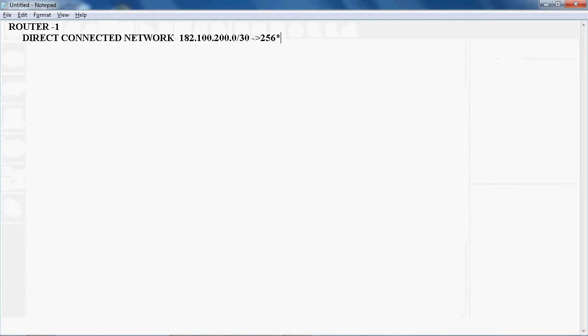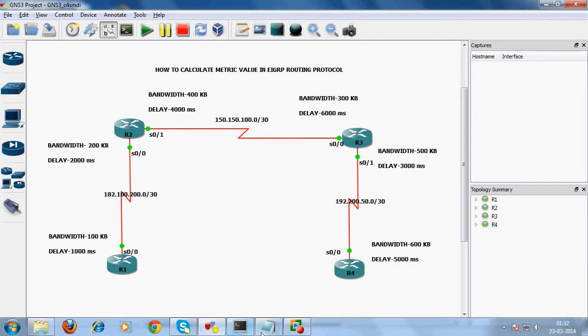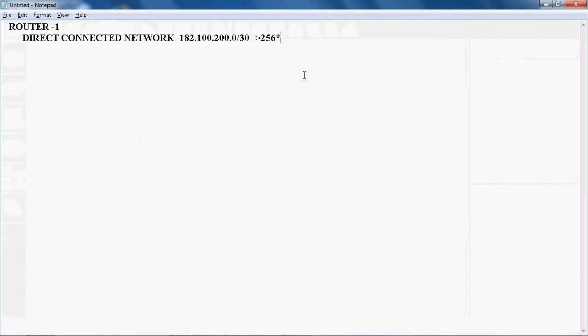256 into 10 power 7, because here we can see the bandwidth is in kilobytes, it can be converted into milliseconds. So the kilobytes can be converted into milliseconds: 10 power 7 divided by 100. That answer is in milliseconds, because the delay is in milliseconds and bandwidth is in kilobytes. So 256 into 10 power 7 divided by